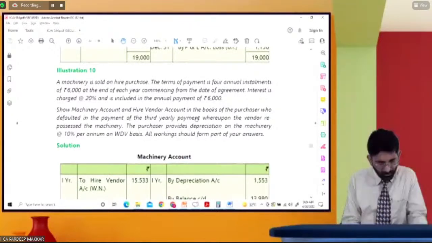Please tell me what is the doubt. Illustration number 10 has been asked by